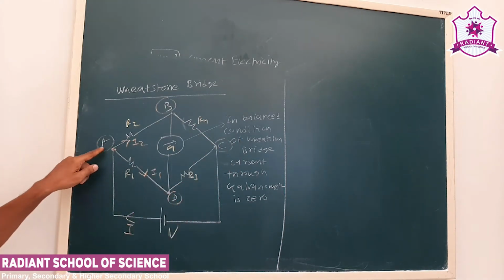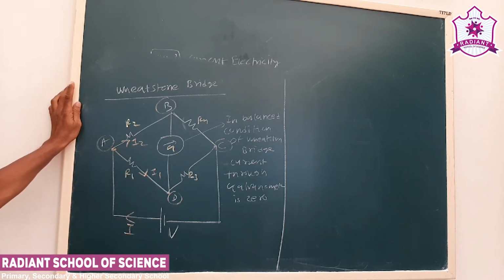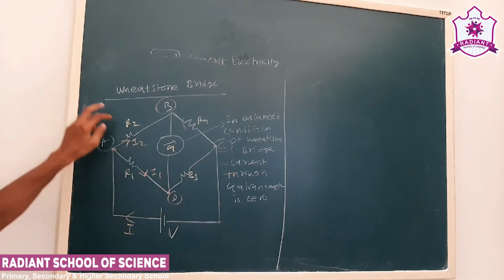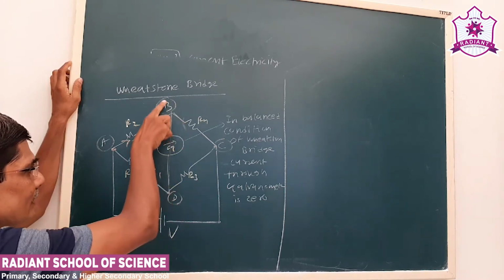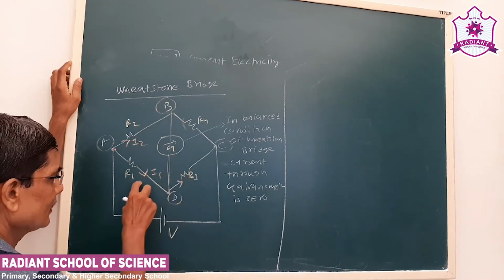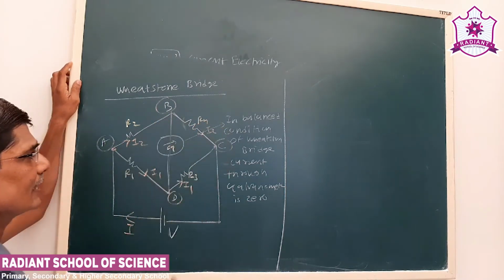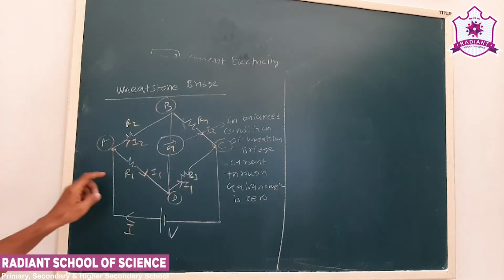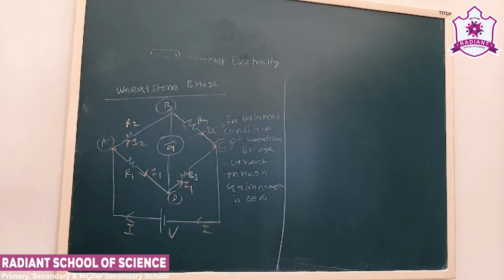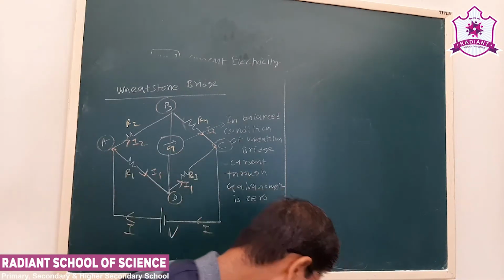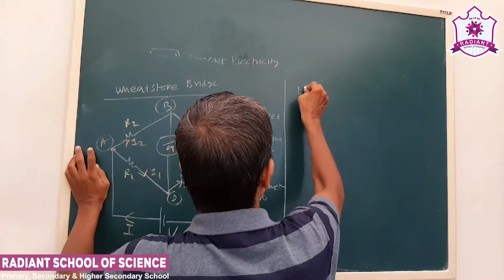So current in AD and AB is I1 and I2. As we have seen, we want to see in this balanced condition, current through the galvanometer is 0. See, there will be no path in DB direction. Same current I1 will flow here, and here also I2, that will be in ABC direction. C again is a junction where I1 and I2 will meet and form the total current I. So this is how the circuit is devised. Now first we use loop ABDA.